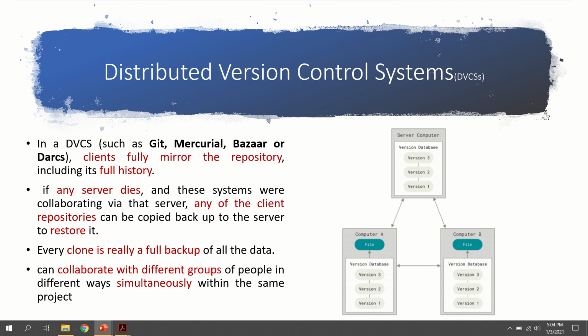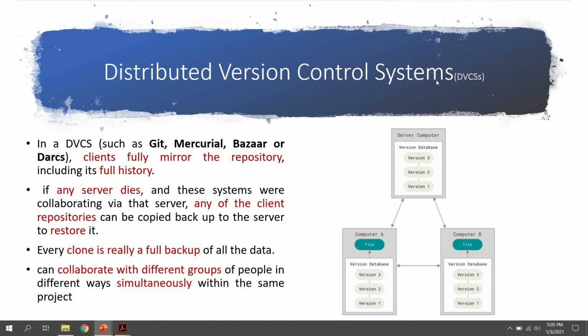That is the main advantage of the distributed version control system. In most of today's companies, organizations and software, everywhere we are using this concept of the distributed version control system.